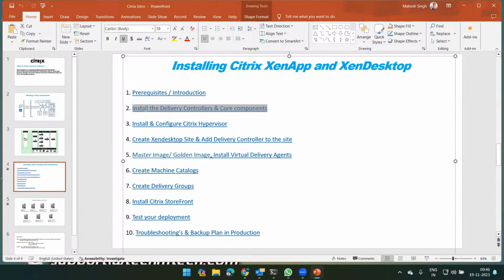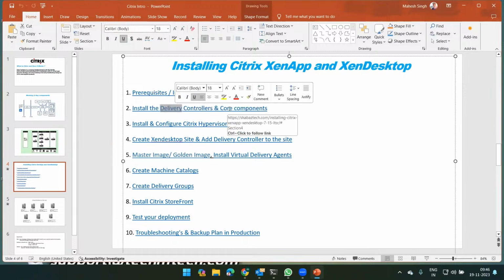Today what we will do, we will go with the lab, with the practicals, and we will deploy one server as a delivery controller along with other Citrix core components. Okay. So